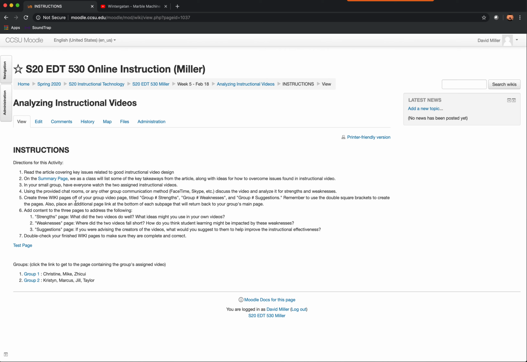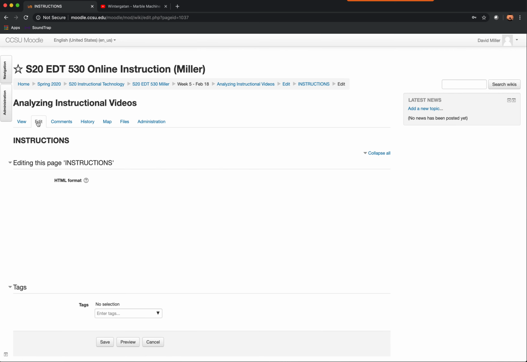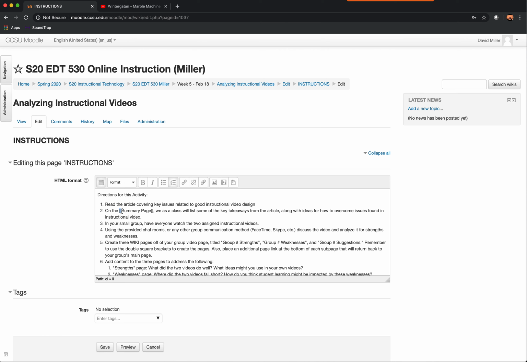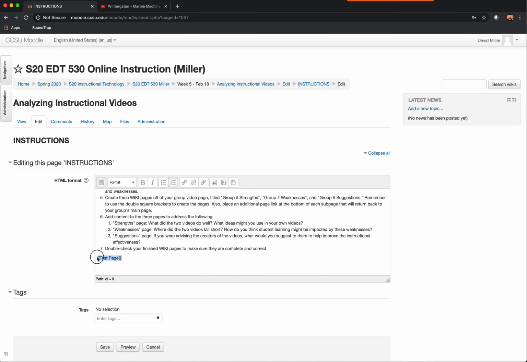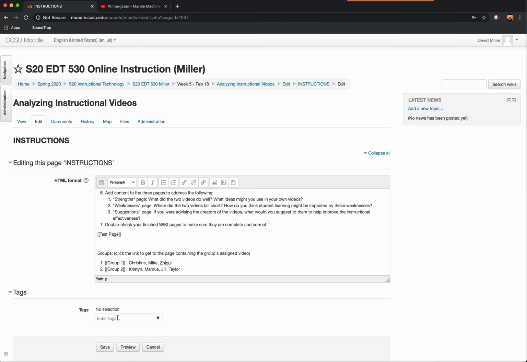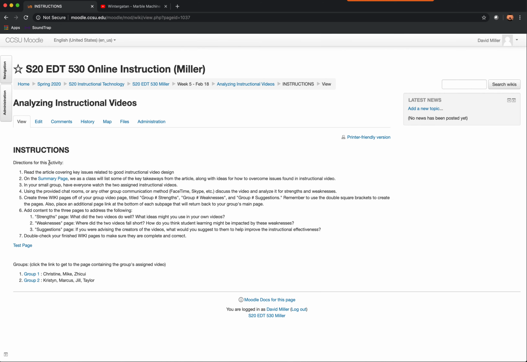So again, the key to the wiki activity is that double square bracket. So if you want to create a new subpage or create a link to an existing page, double square bracket when you're editing the page. So you have to go to edit. But then once you're there, anywhere that these double square brackets show up, it's going to treat whatever's inside those double square brackets as a link. And if it's something that doesn't exist already, then that turns into an editable link. And if it's something that does exist, then it's just a blue link that people can click on and move